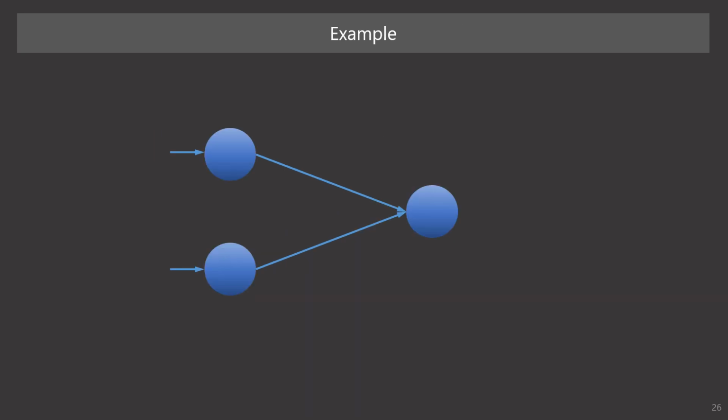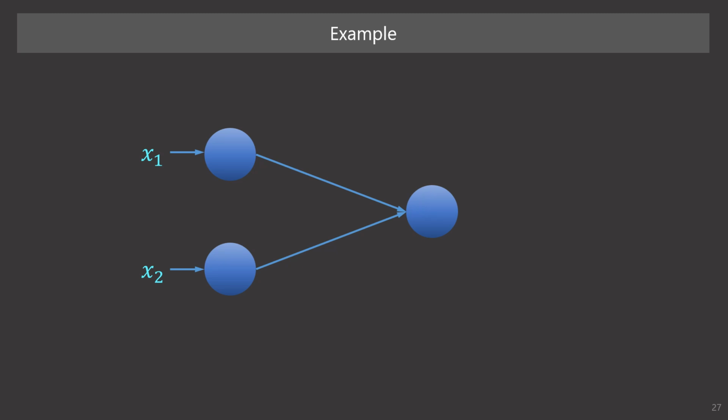Let's see a simplified example of how a neural network works. Suppose we have 3 neurons. Here, 2 neurons obtain input first, and then transmit the information to the next neuron. So, we first consider the value of 2 inputs, x1 and x2. Each neuron differs in strength and the connection with the next neuron. The difference leads to the difference in the impact of each neuron's input on the next neuron.